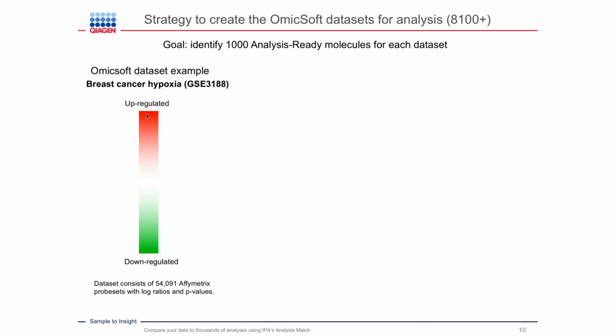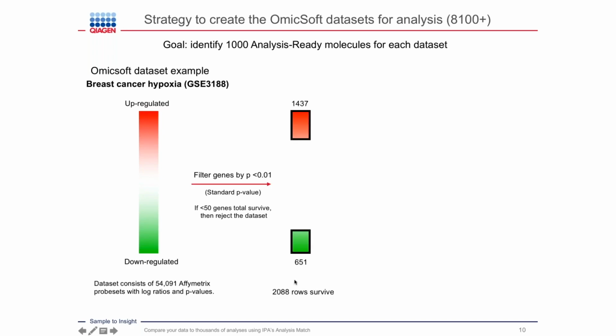Now, our first step in the process is to filter the data sets by applying a p-value cutoff of less than 0.01. And after we apply this p-value, if fewer than 50 genes pass the cutoff, then we just discard the data set and don't put it into IPA. If we have anywhere from 50 to 1,000 different genes in the data set, we do submit it for an analysis and stop right there. Now here we have over 2,000 identifiers. So we need to apply some further criteria to find the most significant genes to get it down to that